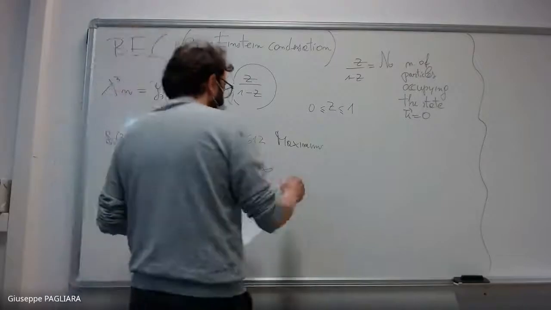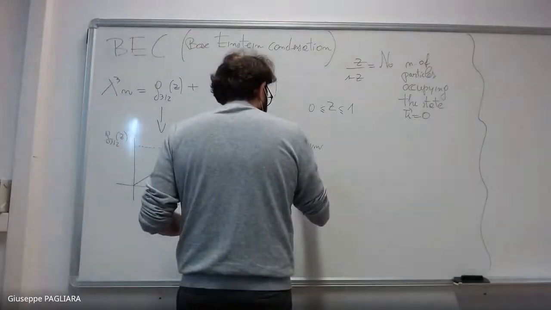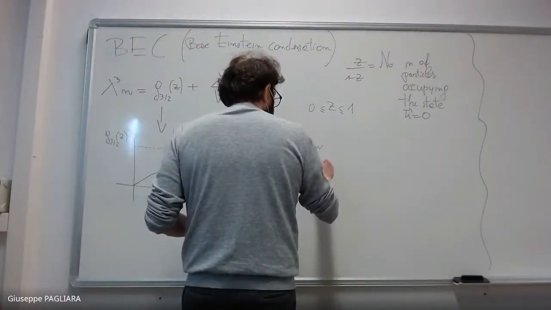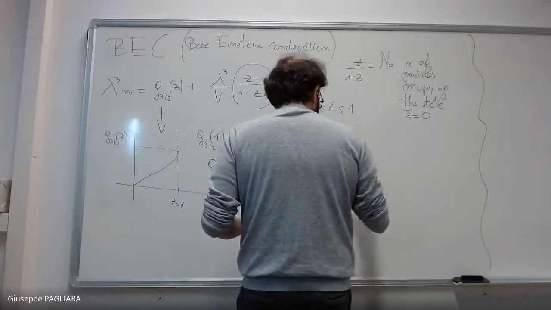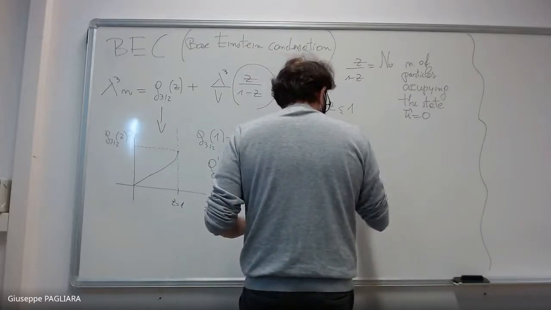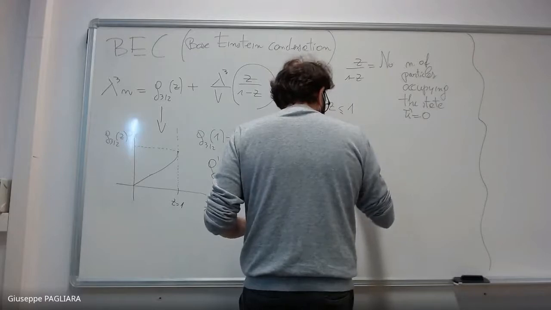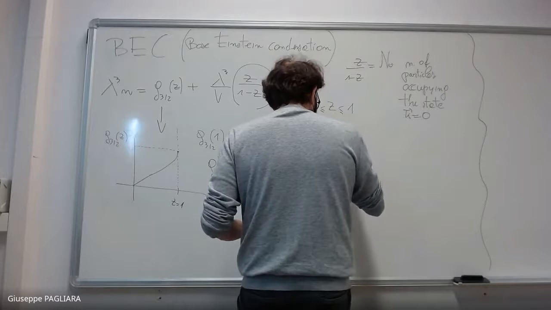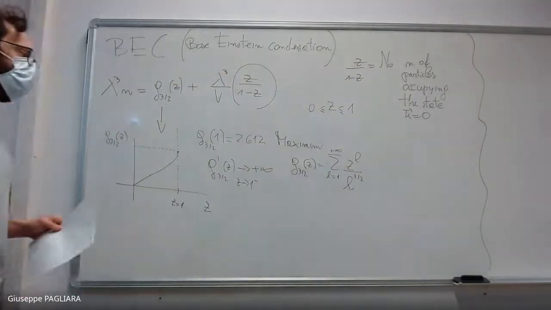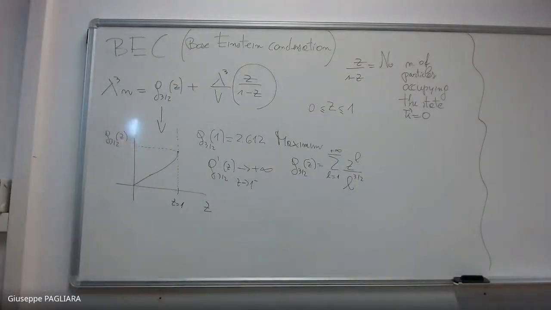Well, we can also try to compute it directly. So g3 alpha of z will be the sum of z to the power of l over l to the power of 3 alpha, and here you have l from 1 to plus infinity. So if I compute the first derivative of this function,